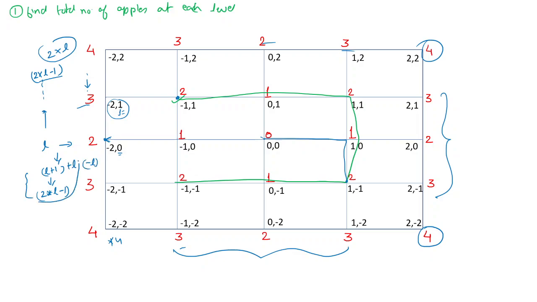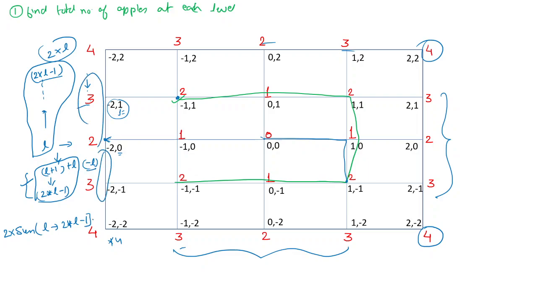So what will this value be? This value will be the same as the one that we get above. Okay, so now what we have got is the summation from L to 2 times L minus 1. This summation we will multiply by 2 because there are 2, on the top and on the bottom, and subtract L. Okay, so doing this will give us the value of this particular thing.